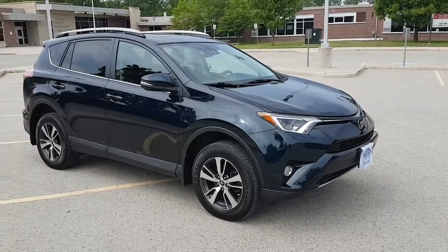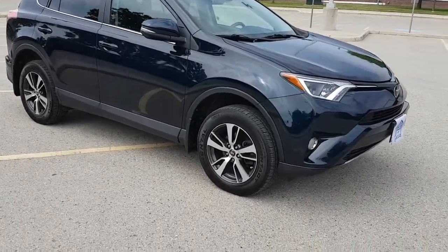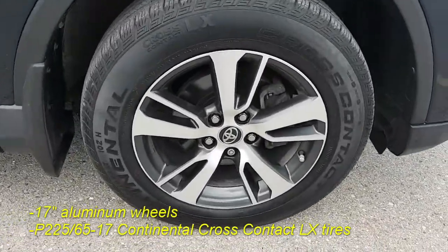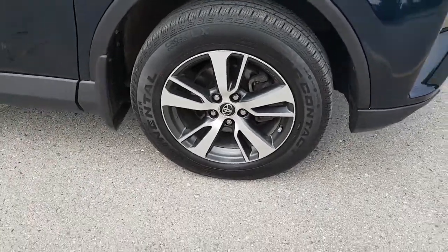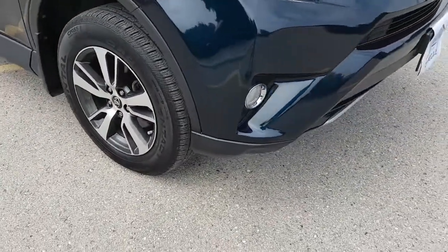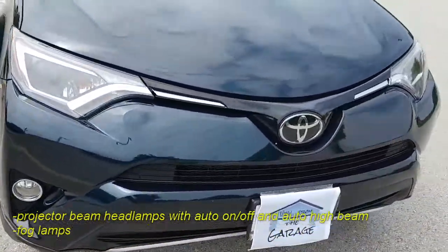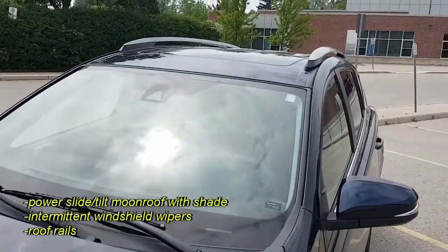And if we take a closer look at the aluminum wheels, you'll note that they are 17-inch, and they have 225/65/17 all-season tires, in this case made by Continental. This model has projector beam headlamps with an automatic high beam feature and auto on-off, and it also has fog lamps on this particular car. There are roof rails, a power moonroof,